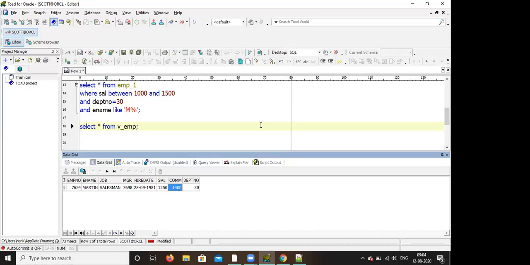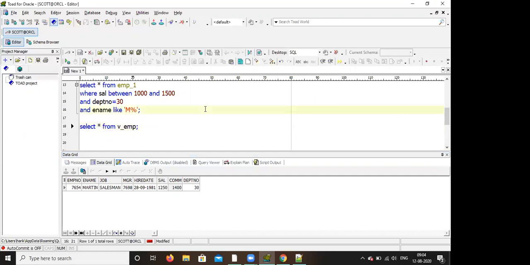So in the view also it will show 1400. Now, if I change in the view, will it update the table as well? Or if I change in the table, will it change in the view? If you update the table, it will reflect in the view, that is for sure. But if I do it the other way,